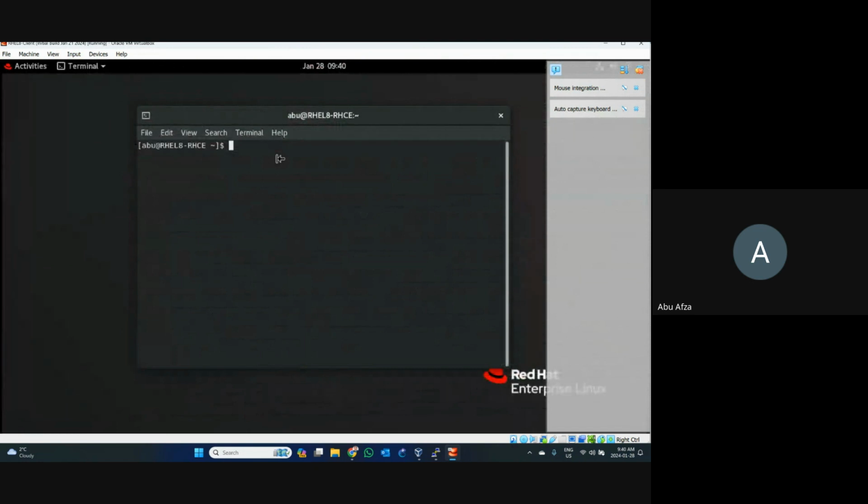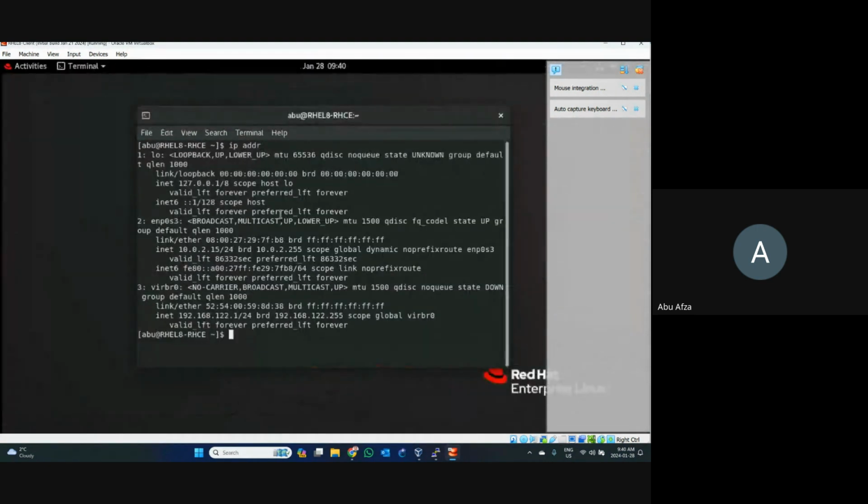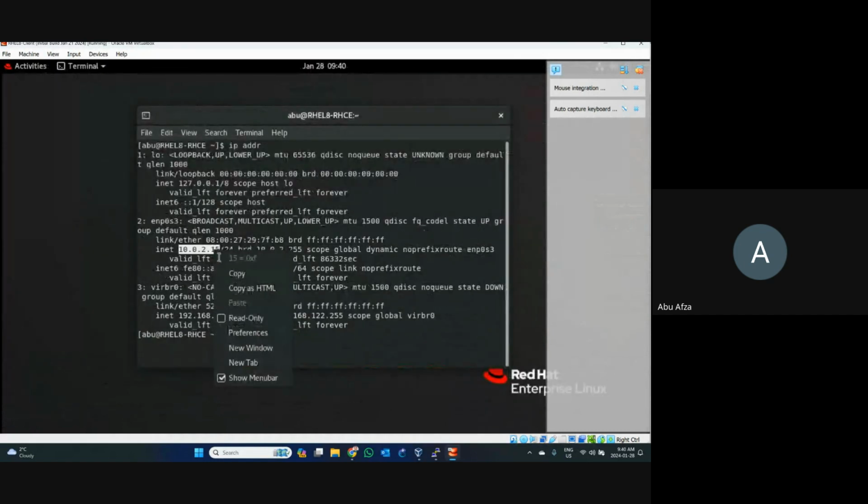Something is wrong in my operating system. Okay, let's write down IPADDR. I want to check just the IP address and I want to put it in PuTTY. 10, 15. Okay, copy this one. Okay, I don't need this one.